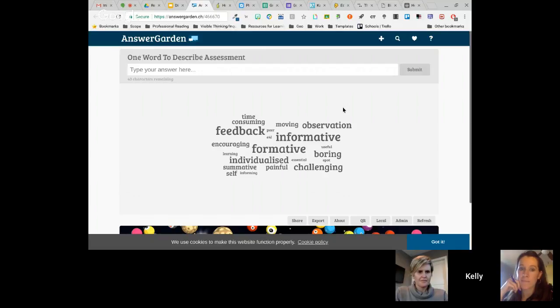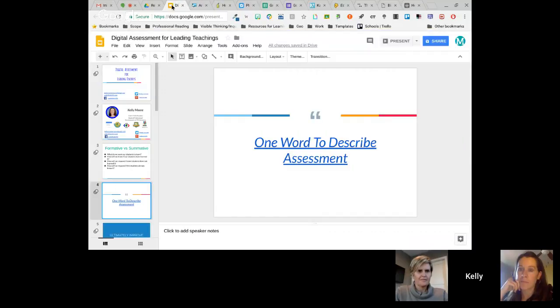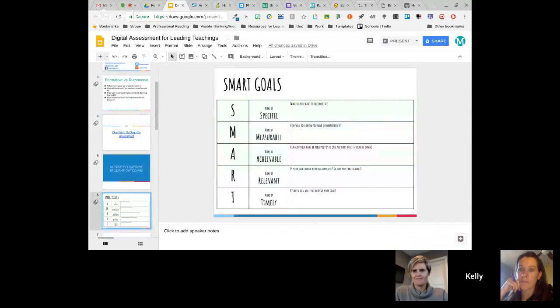So, if they're looking at the sh sound, what words can you think that have a sh sound? And they might collect just even data around that. But it's a bit of a snapshot for your class more than anything. So that's Answer Garden, and I'm going to go through these pretty quickly so that we can get through them